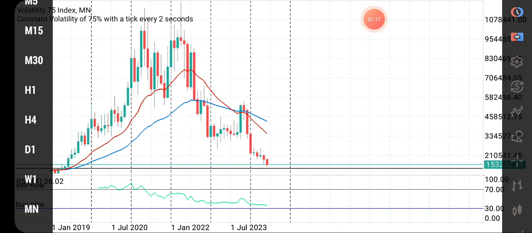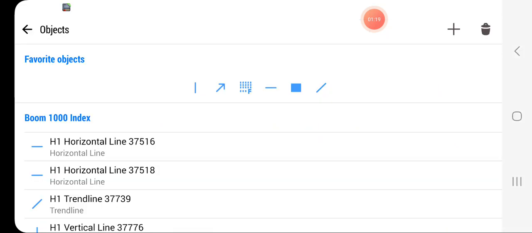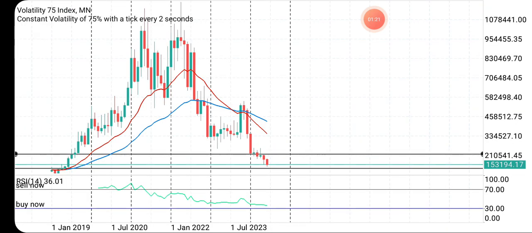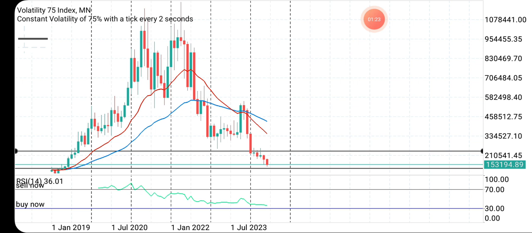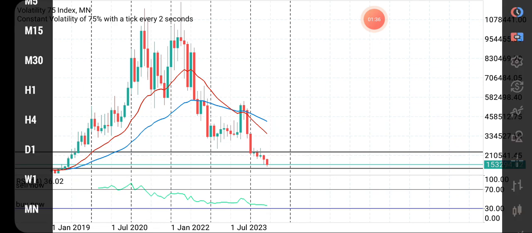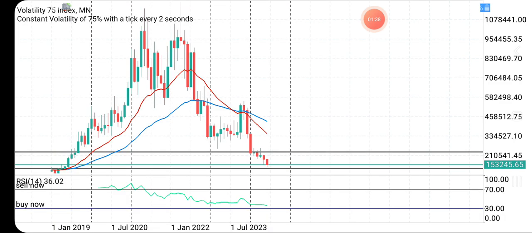So I mark the zone as you can see. Then I mark the next high. You get it? This is the high it has created. So in higher time frame, I always use a single line. I don't advise you to use a single line. So if I'm to put a rectangular line here,